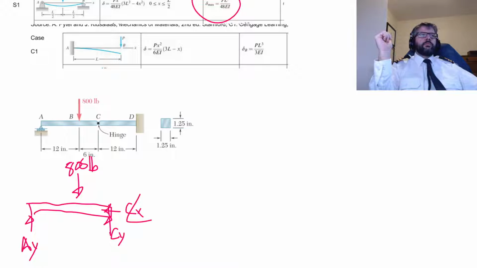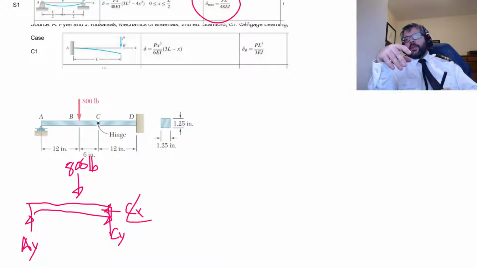We've got two unknowns, and we can use our sum of the forces in the y direction and our sum of the moment equations in order to solve for that. So we can figure out what Cy is there, and then from that,